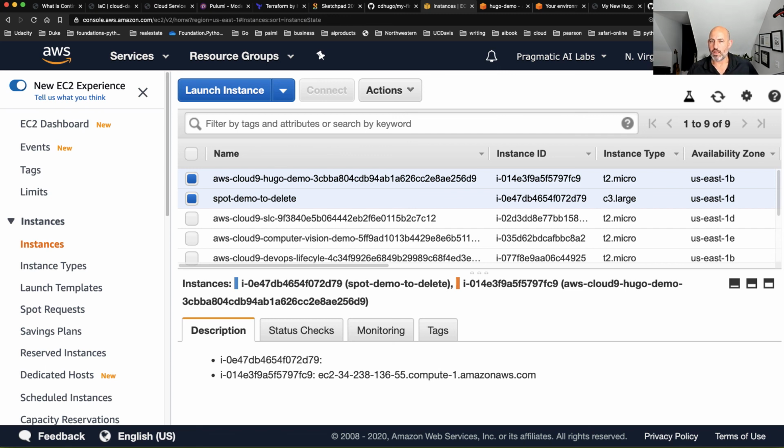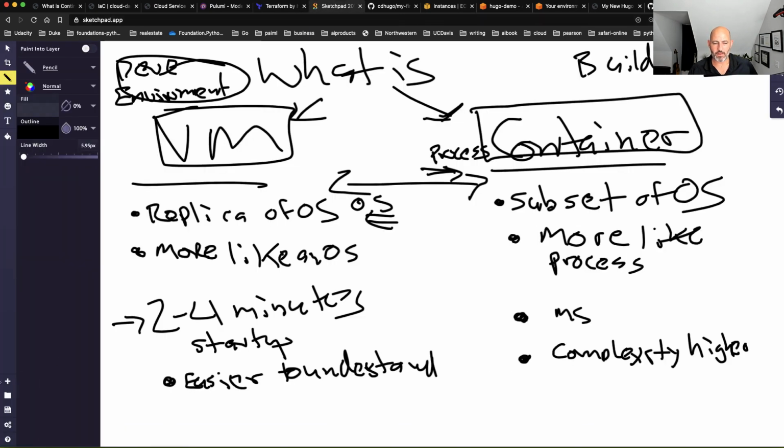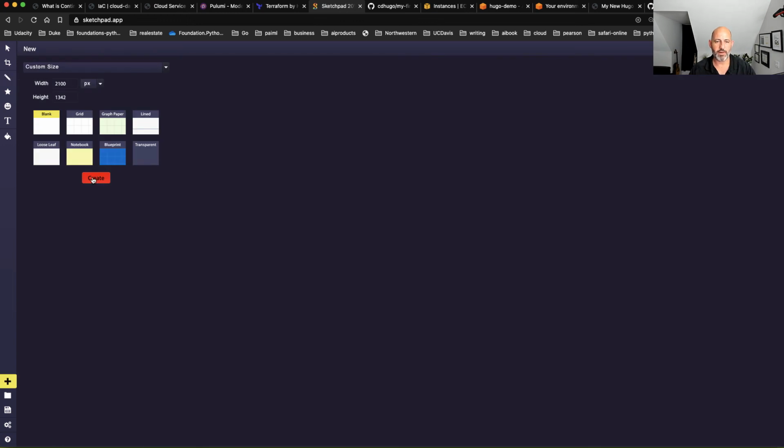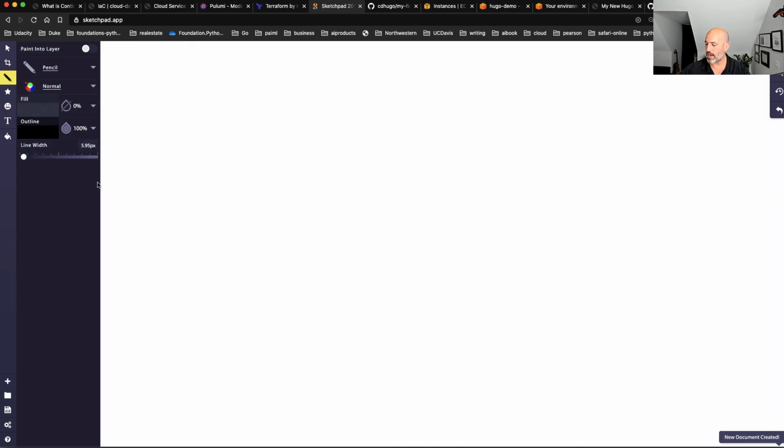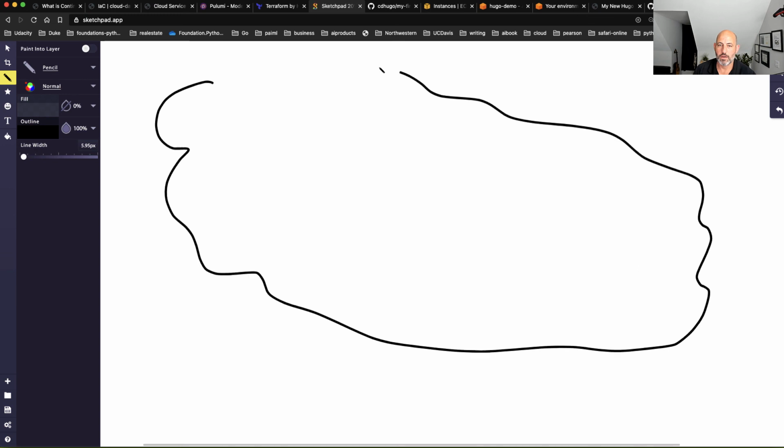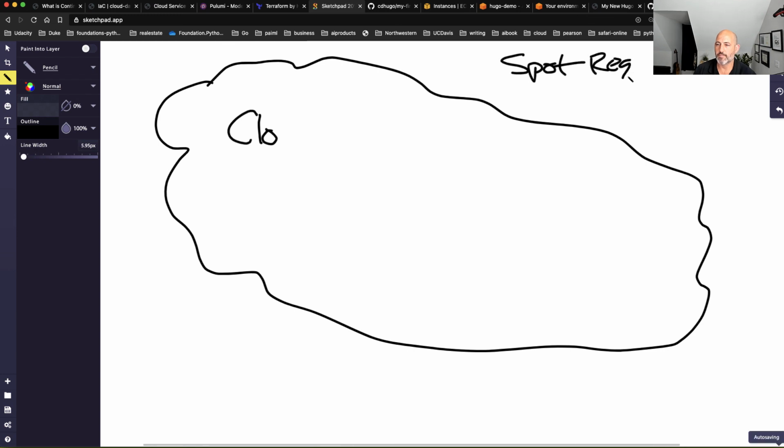So the last wrap-up thing that I'll say about the virtual machine and spot instance and everything is maybe just diagram that out, exactly what that is. So if you wanted to recreate this yourself, the key point of what this is and how it would solve problems is that inside of the AWS cloud, you again could use Cloud9, and we'll call this spot request and also prototyping, right?